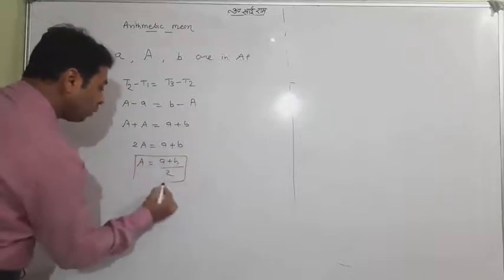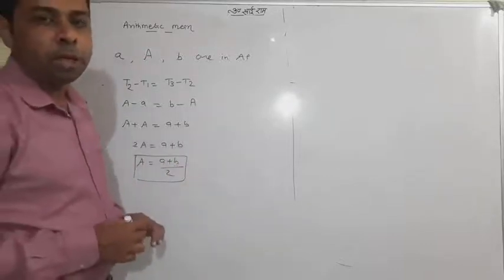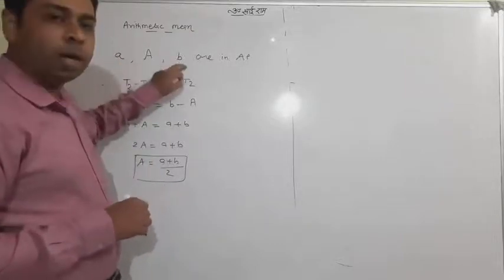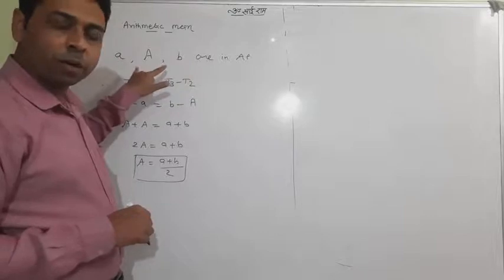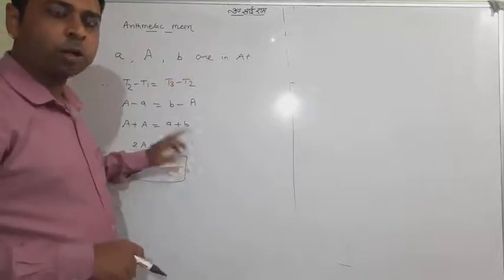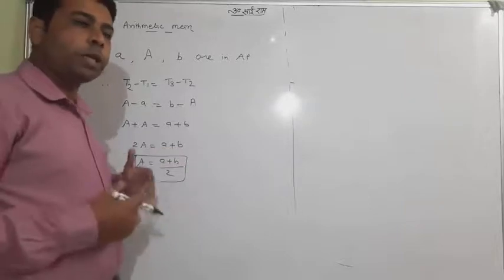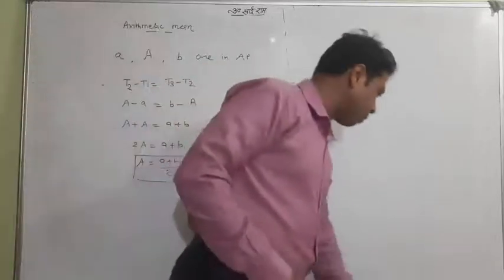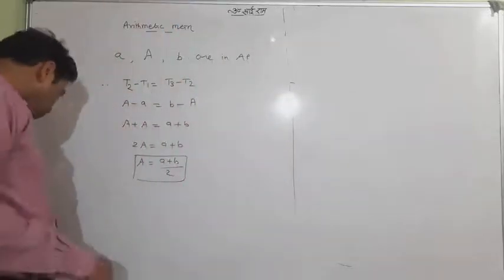You have got the formula of arithmetic mean whenever only one term lies between two terms, and you will find out the arithmetic mean. That is simple, (A plus B) by 2. So this is a simple law. I don't want to tell you much more about that. It's very easy. So what is the next? That's beautiful.